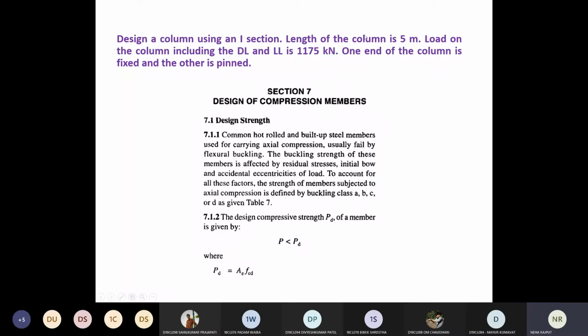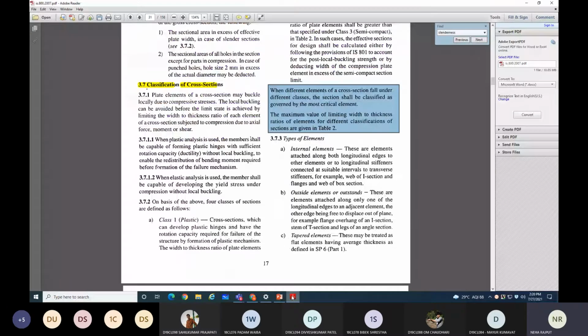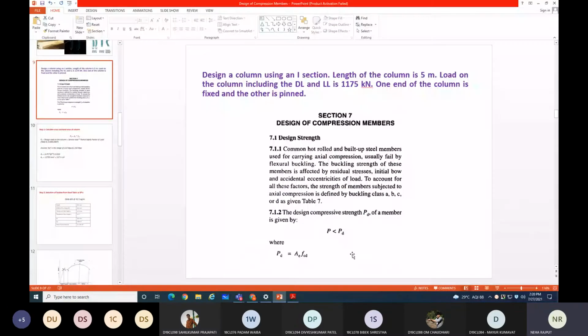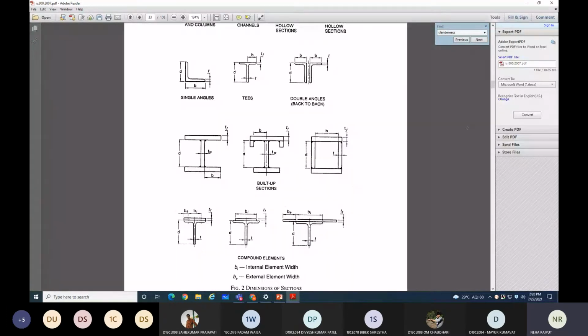Other than that, the column length, loadings and conditions are given in both reinforced concrete and steel columns. Is it clear, everyone? Yes, clear, ma'am.